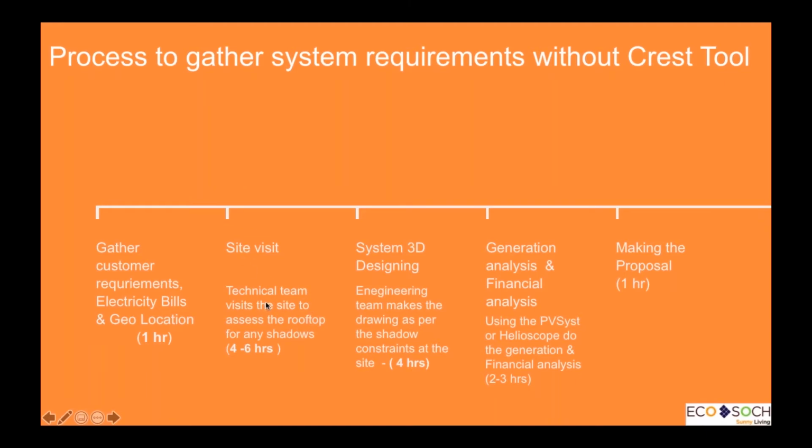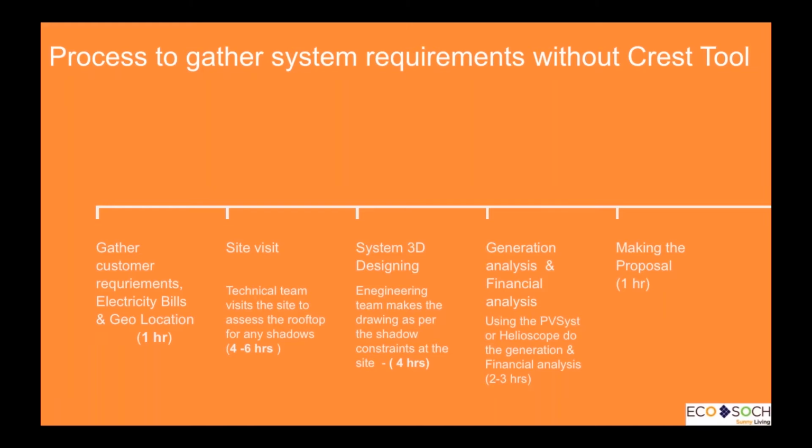So once we go to the site, the engineers take 4 to 6 hours, do the 3D. Once they come back, they take 4 hours to do the 3D designing, and there is some other team that does the engineering part, to work out the constraints, do some SketchUp, AutoCAD in some cases. Once you do that, you also want to do the generation analysis with some of the tools. By the way, the PVSyst tool costs like 90,000 rupees. SketchUp costs around 20,000 or 30,000 rupees per license. You have a lot of these costs again in the system, right?